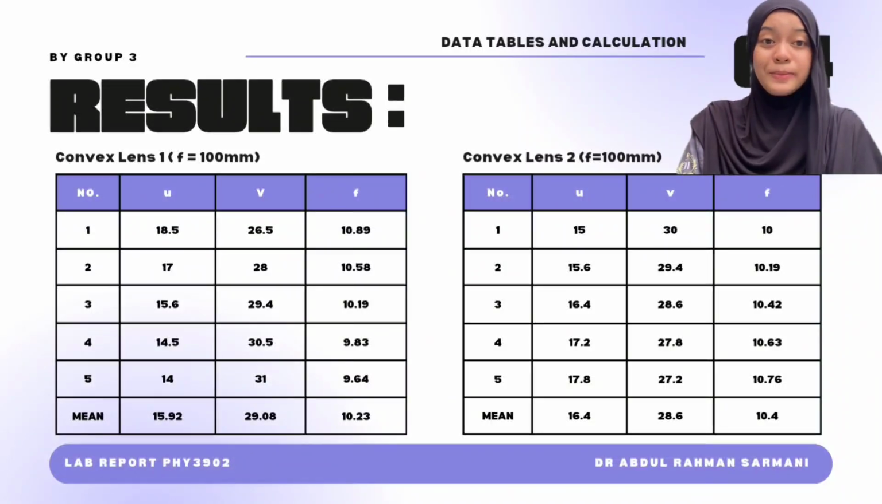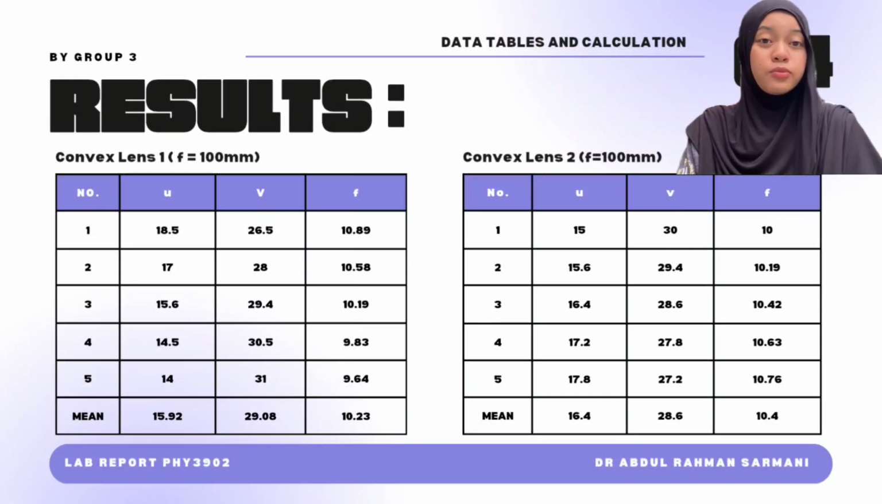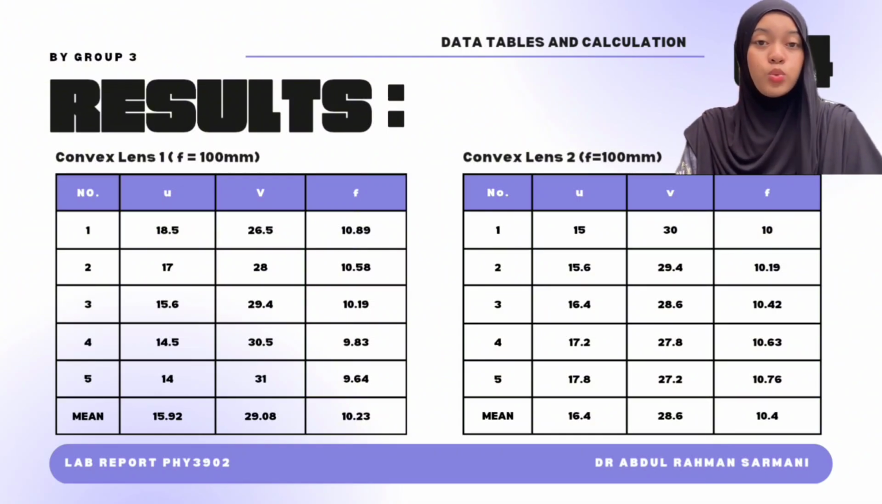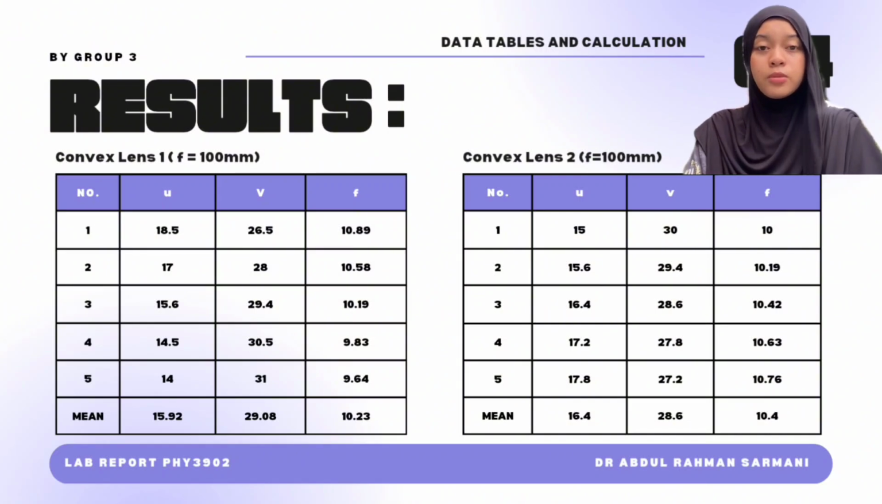I would like to explain further about the results from this experiment. As we can see, we use two different convex lenses with a focal length of 100 mm. From table 1, the distances of the object and the image formed are increasing. After getting all of the data of object distance u, image distance v, and focal length f, we should find